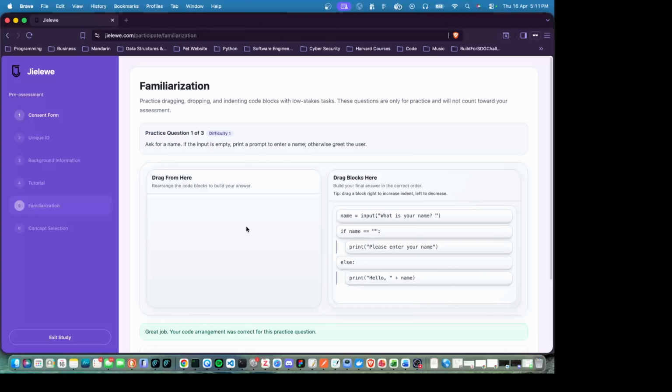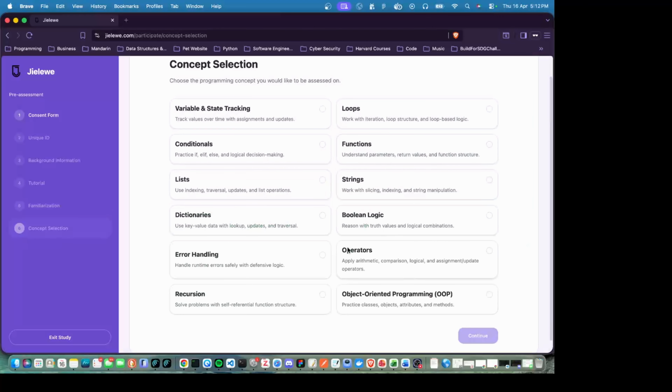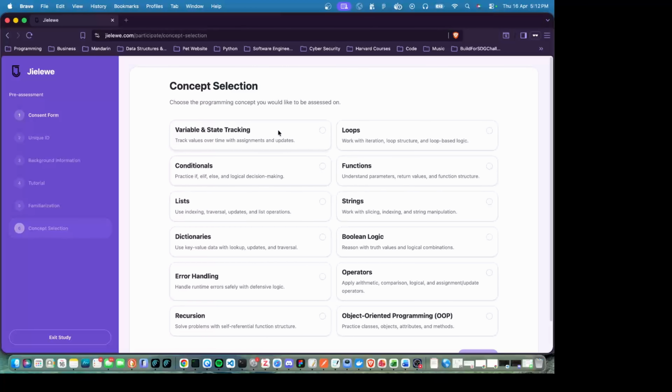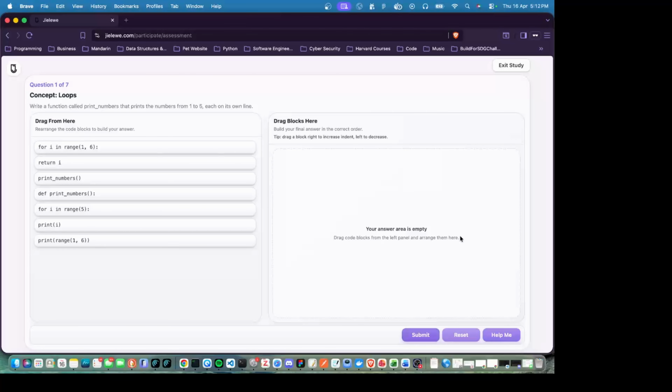and then you'll also share your confidence, and then you can decide to do another question, or if you're confident, you can go to the concept section, and here you can pick a concept that you want to do, and then hit continue, and that's where the assessment will start. So take the time, do the assessment. You'll get 7 AI generated questions,